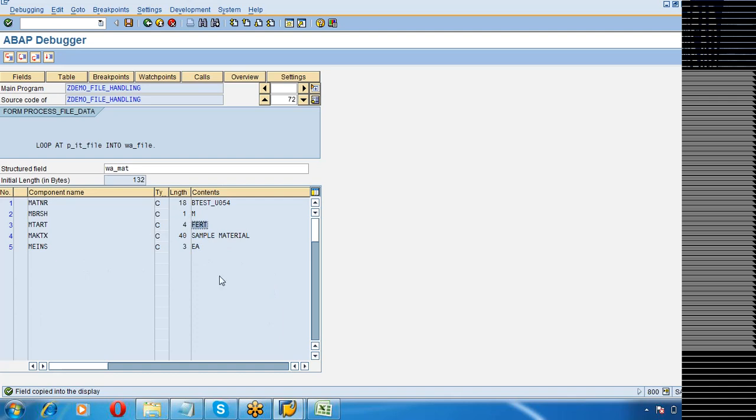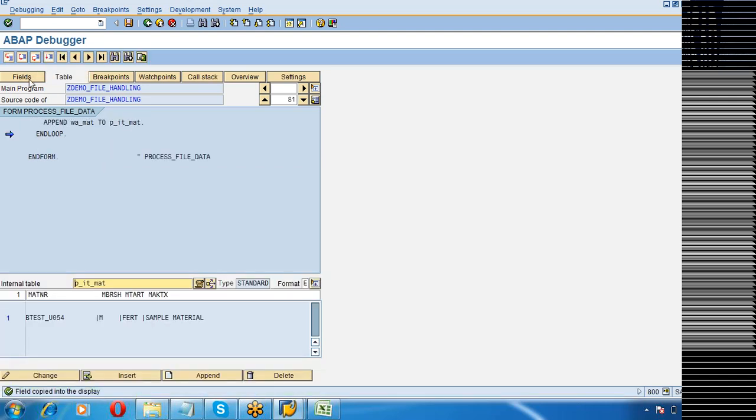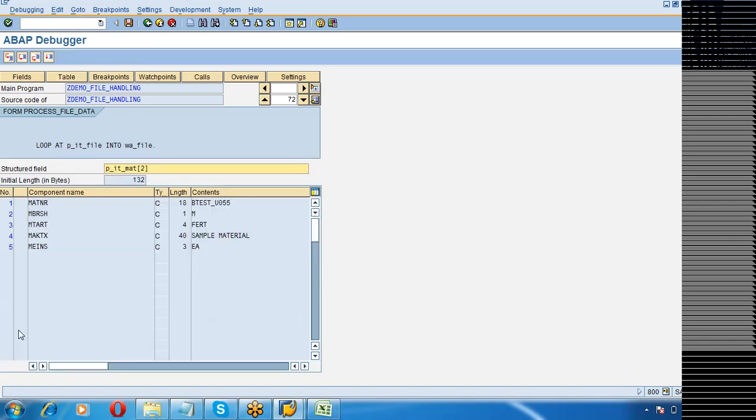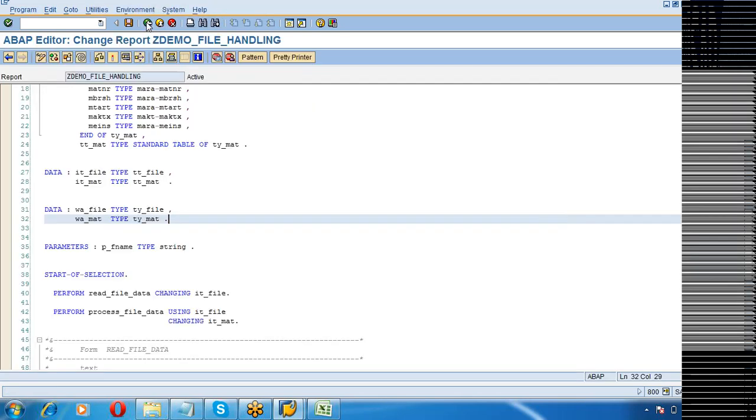So that the values do not get truncated, you don't mix up values, or take a numerical field and try to put it into some character value. All these kinds of blunders do not happen. As this loop continues, your IT_MAT will get all the records neatly processed. See here, now my IT_MAT has the content of the file neatly placed into individual fields of the internal table. Now I have the data ready. So now the data has come into your ABAP program, that's all.